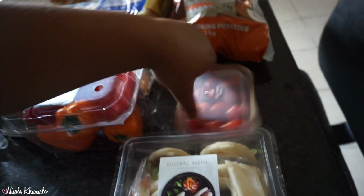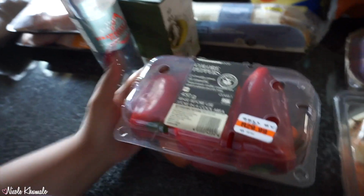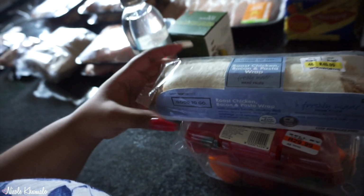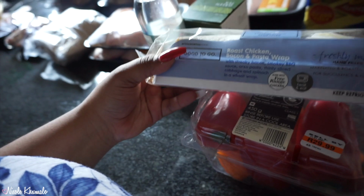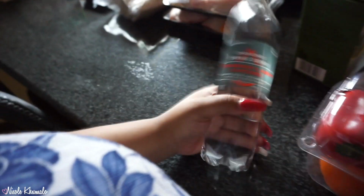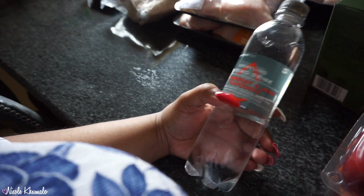They look like little tacos. Then we got rosa tomatoes. We got peppers. And then I got this roast chicken, bacon, and pasta wrap. It sounds really nice, and the pasta is orzo, which is pretty cool too. Never had orzo. And then I got strawberry and mint flavored sparkling water, and then I got my green tea